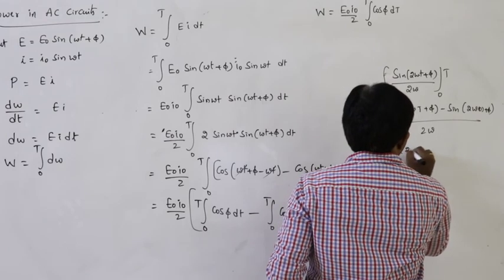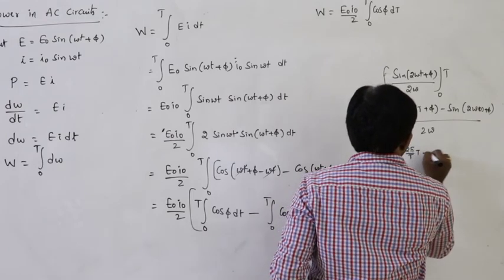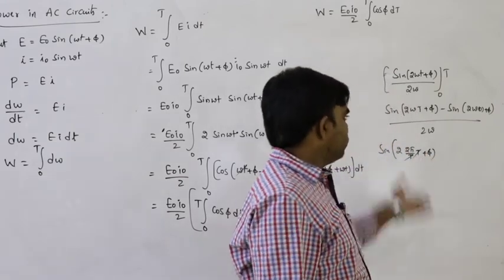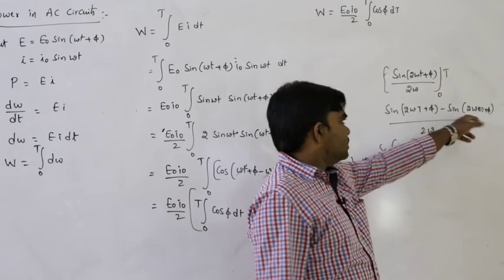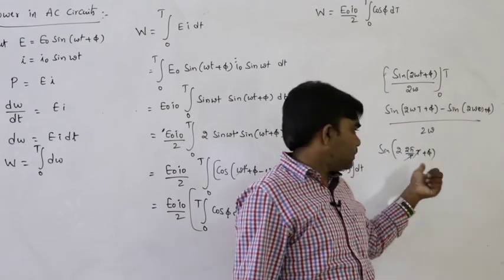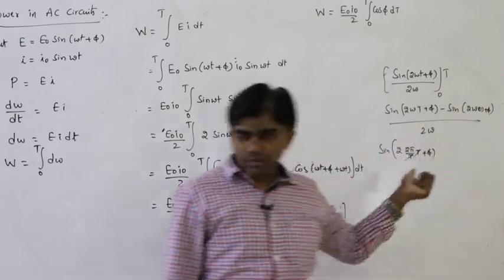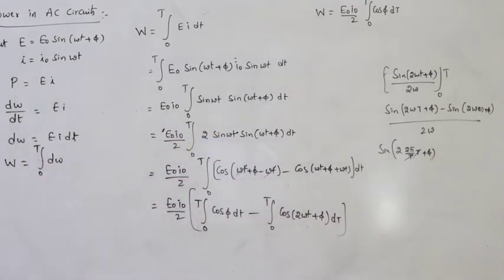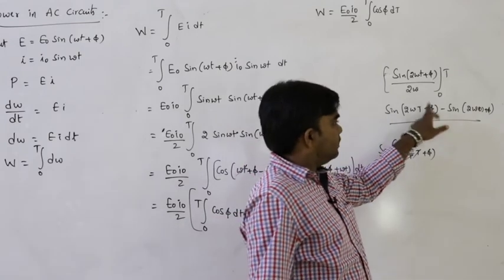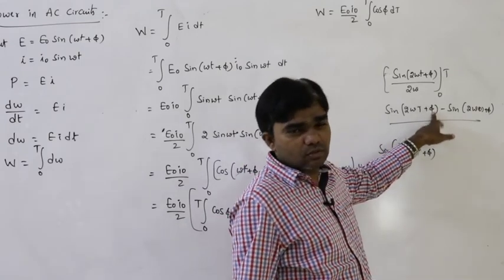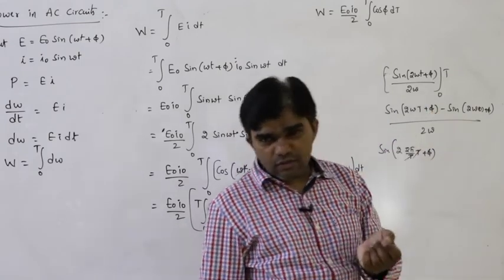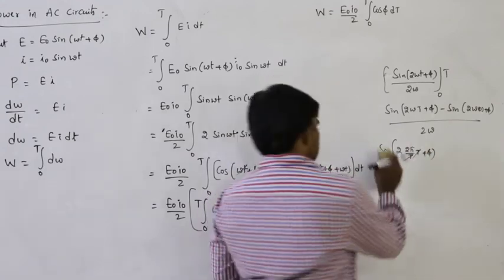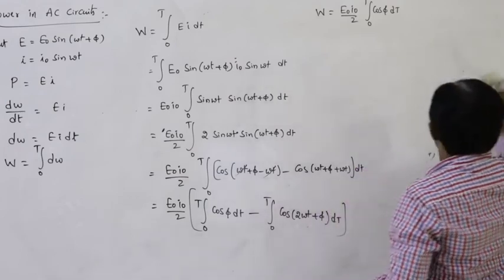Sine of 2 omega T can be written as 2 pi by T into T plus phi. T and T cancel, sin 4 pi. Sin 4 pi generally it is 0. Sin 0 is 0 like that. That's why this total term is considered as 0. Of course, here sin of omega t plus phi is there. For small values of sin theta, sin 0 value is 0. For small values it is very negligible.